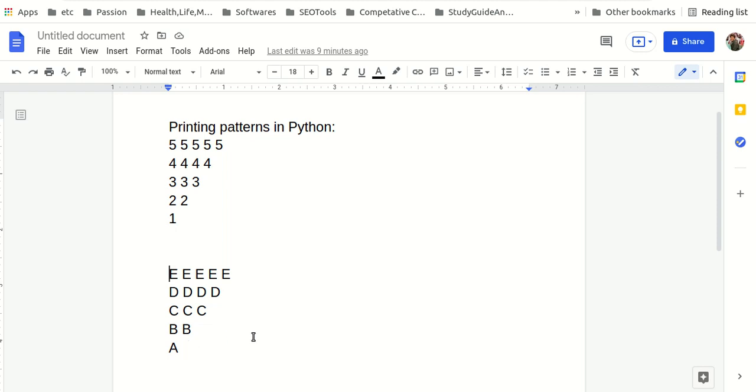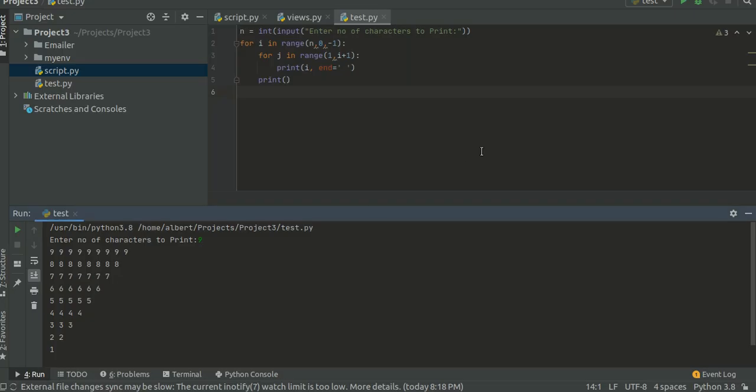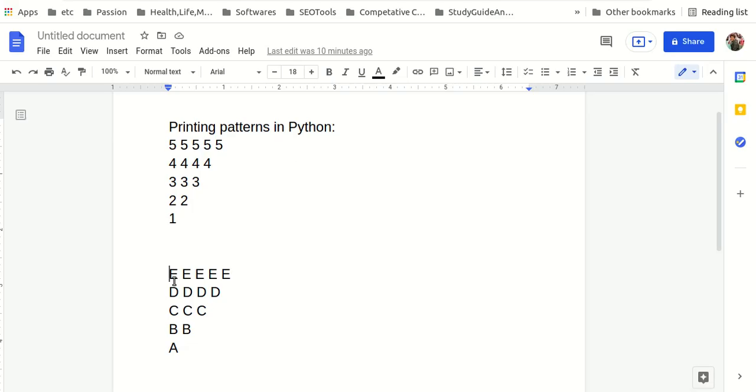So how to print this pattern? We have to convert this number into an ASCII value: the ASCII value of E over here, then D, then C, then A, and convert that ASCII value to its corresponding character.